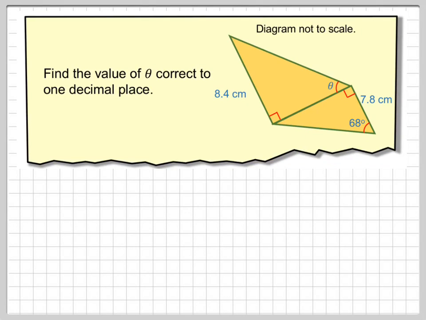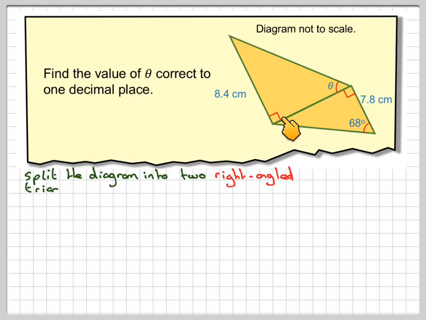Hi, this is a two-stage trigonometry problem where we're going to end up finding an angle. It says find the angle theta correct to one decimal place. So we split the diagram into two right-angled triangles. We've got one right-angled triangle here and another one here. We're going to use this one first to find this missing length here, and then we can use that to